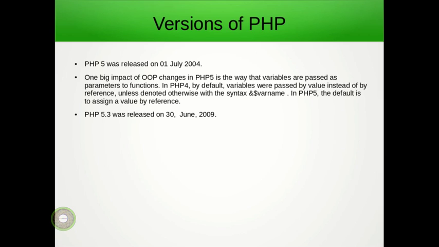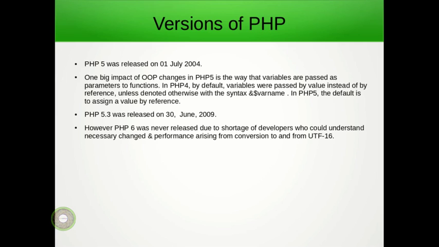Okay, so PHP 5.3 was released on 30 June 2009. So you guys have a good idea. However, PHP 6 was never released. If you're looking for PHP 6, you'll never find it, because PHP 6 went under construction,